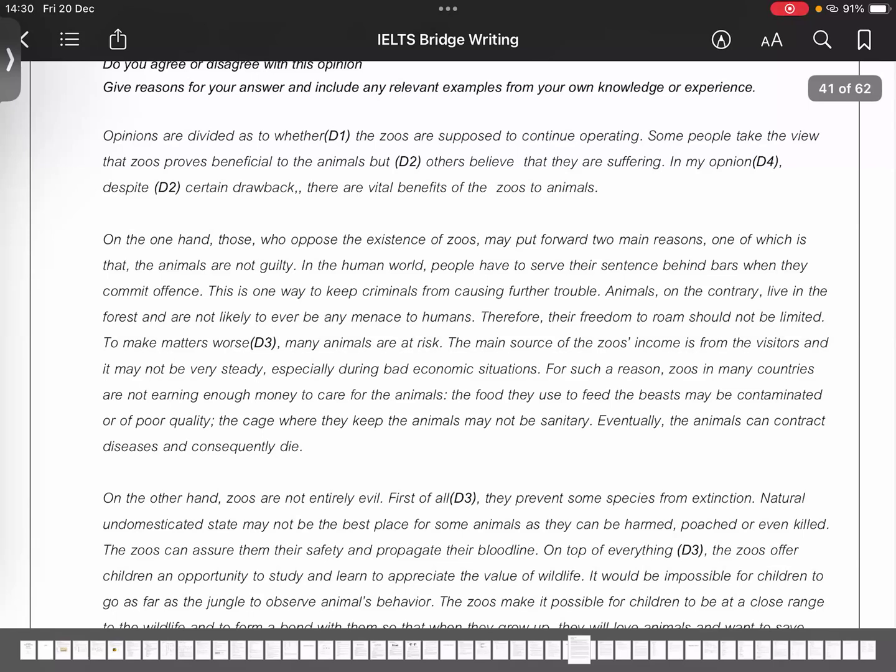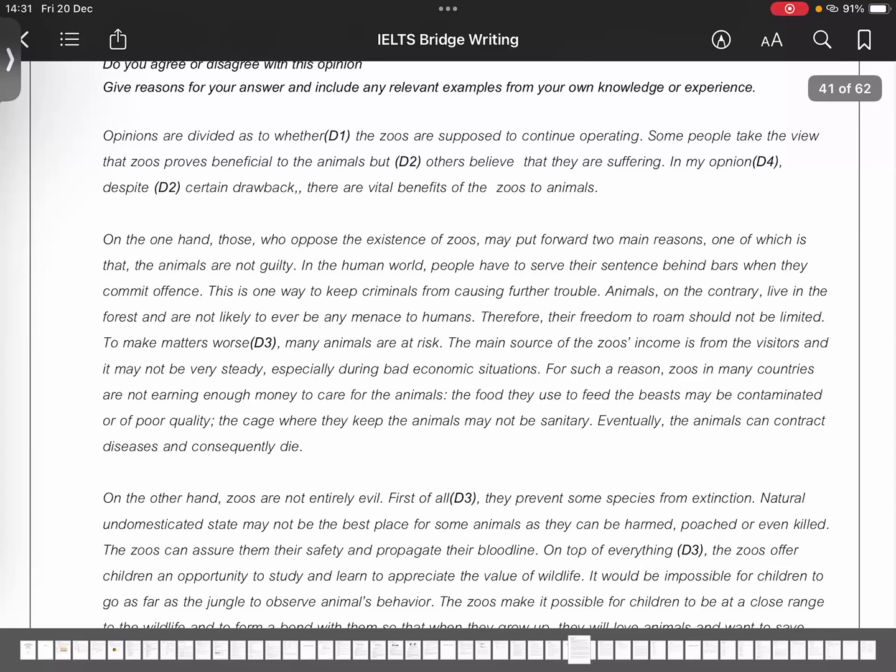So the sentence "animals are not guilty" serves as the first point. All right, it's the first point or the first reason, and this needs to be elaborated. It needs to be further explained. "In the human world, people have to serve a sentence behind bars when they commit offense." Okay, so that means